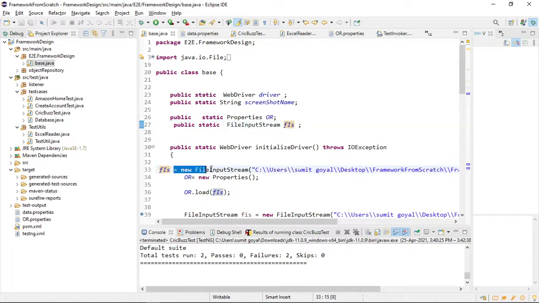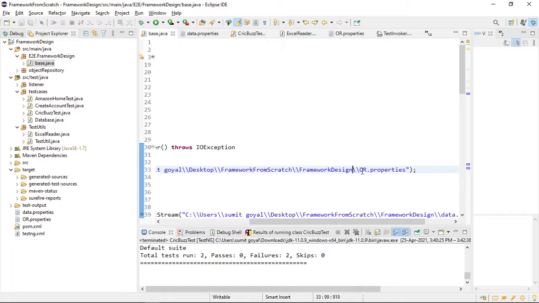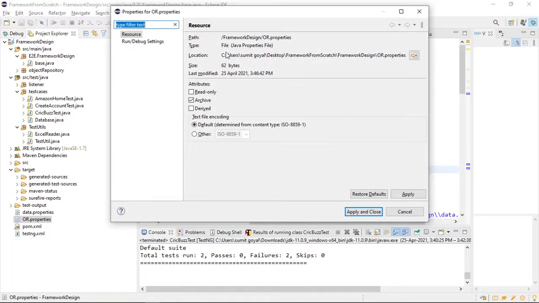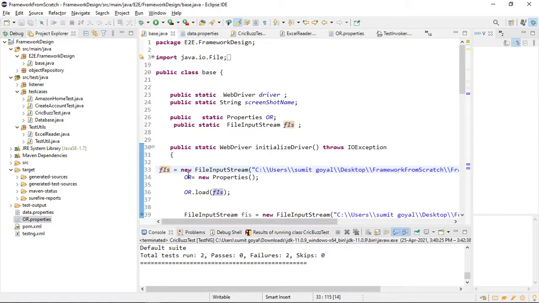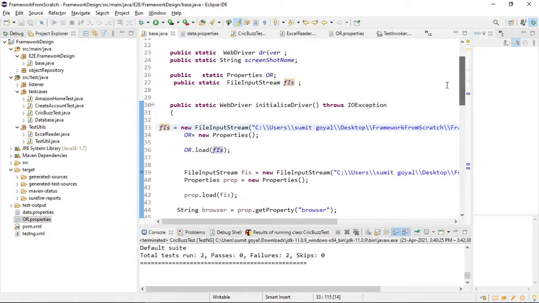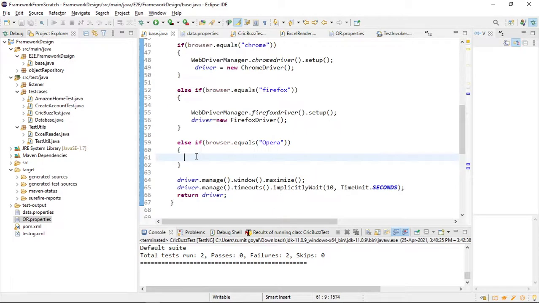Now I'm creating the object of FileInputStream. The object name is this, and here I'm providing the path where my or.properties is present. I have copied that complete path location from here and placed it. After that, I have created the object of Properties. In the same way I created it, just I have written the variable outside. You just need to do these 3 steps again, but make sure the object name will be different. So here the object name is OR, and after that I'm saying or.load(FIS). So this is the file we are loading, and after that these 3 steps are done. Now what we have to do,